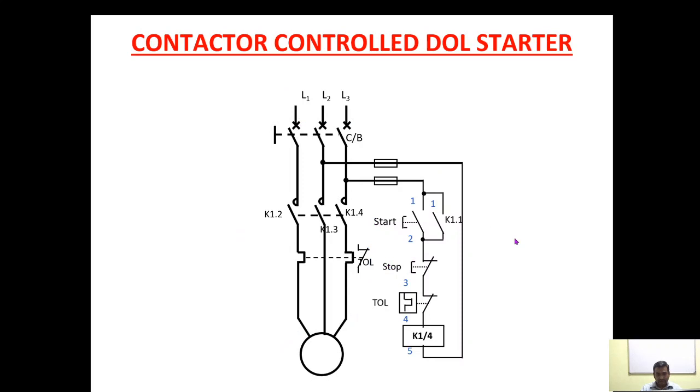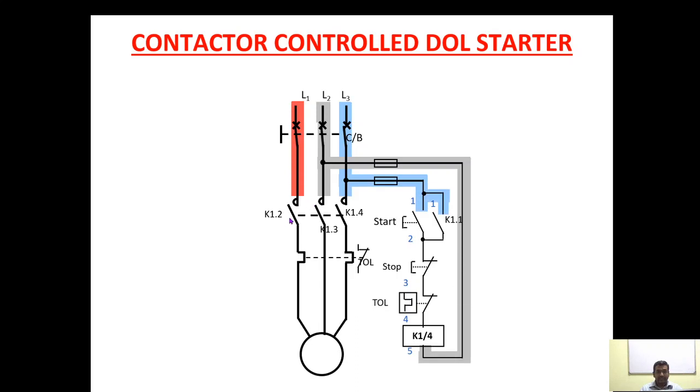Let us discuss now the power and control circuit of the induction motor starter. This is the power circuit. This is the control circuit. This is the contactor, which will either be energized or de-energized to close or open these contacts. So when I switch on the basic circuit breaker, first the supply is available to the terminals, but since these contactor terminals are open, supply is not available to the stator terminals of the motor and the motor remains idle.